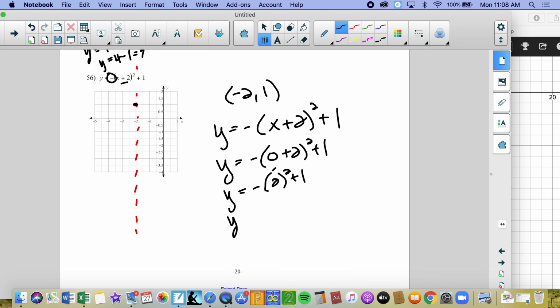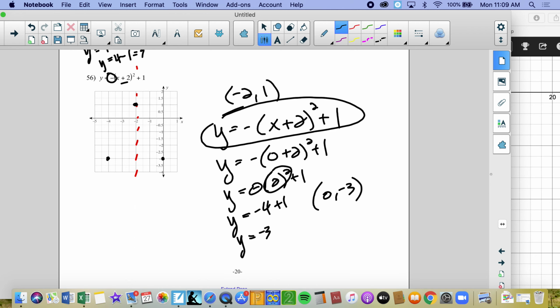I'm going to square first before I deal with that negative. So 2 squared is 4, and I get negative 3. So when I plugged in 0, I got negative 3. 0, negative 3, that is 2 away. So I go 2 away in the other direction for its mirror point. And then I have to find one more value, because I should have 5 points. So I'm going to plug in negative 1 into this equation,